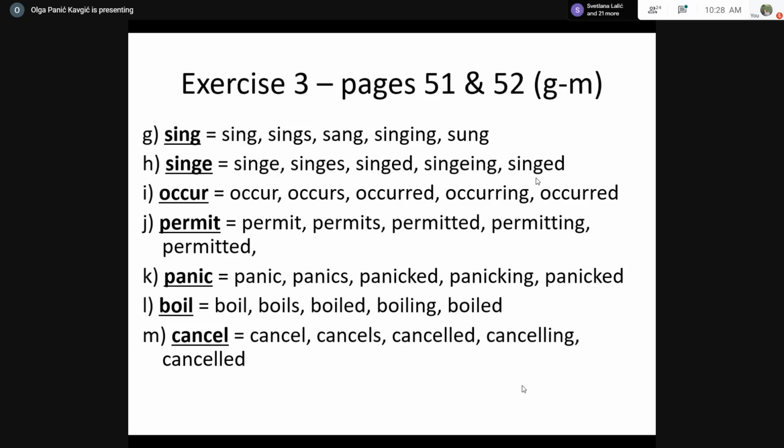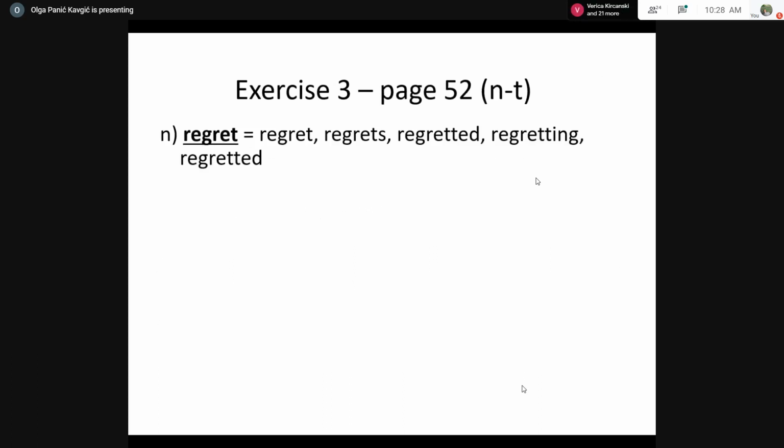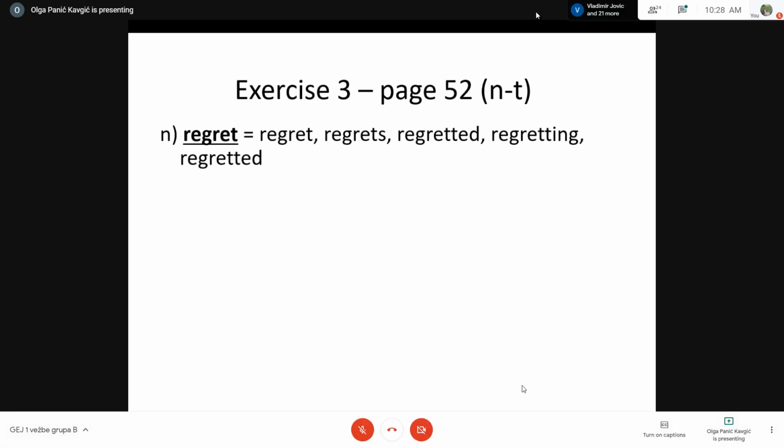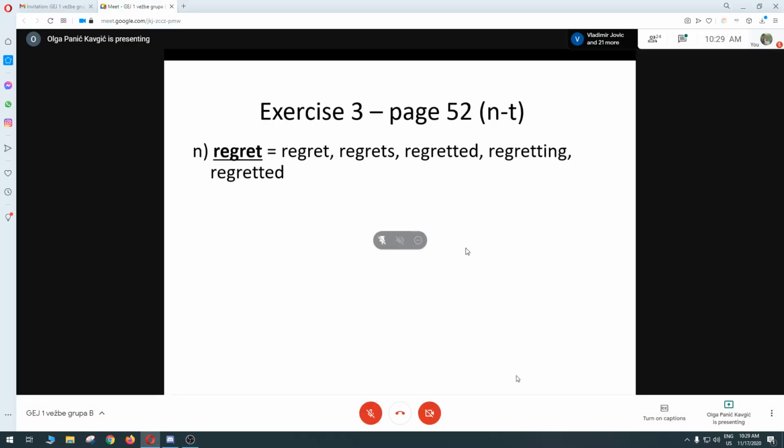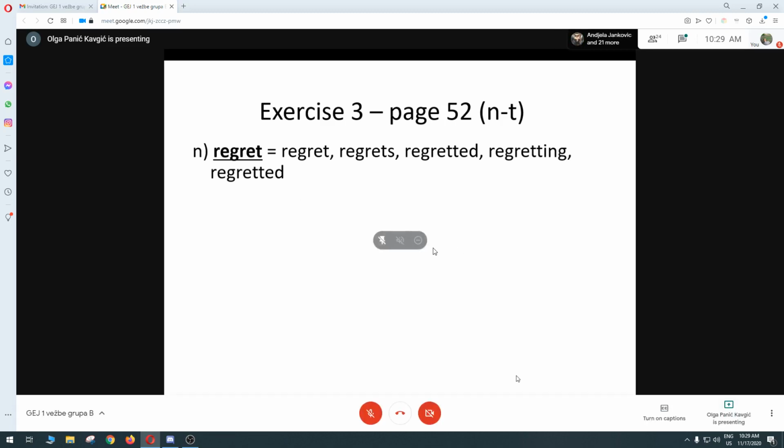Regret, regrets, regretted, regretting, and regretted again. Okay, is there doubling of anything? Yeah, the letter T. The last three forms, regretted, regretting, and regretted, have doubling of the final T. Now, again, apply the rule. How do you pronounce regret? Where is the stress, the first or the second syllable? The second syllable. Second, you see? And again, there is one letter for the vowel, gret. And it matches the rule for when you have to double the final consonant.